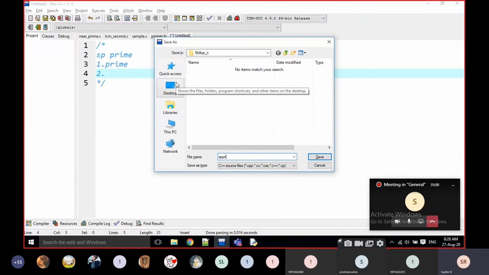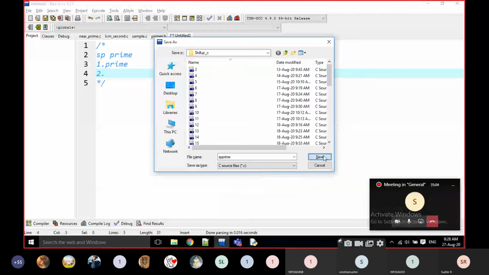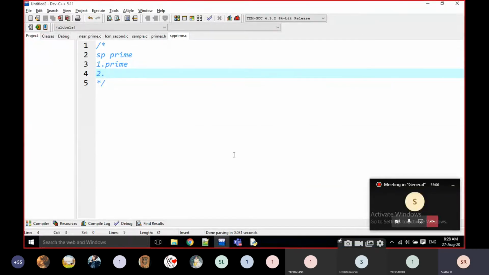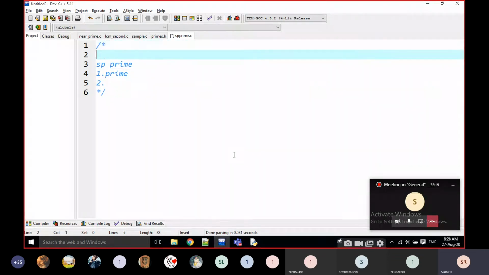SP prime. It is going to be a prime number. Then we have to find the previous primes. For example, n is 19.